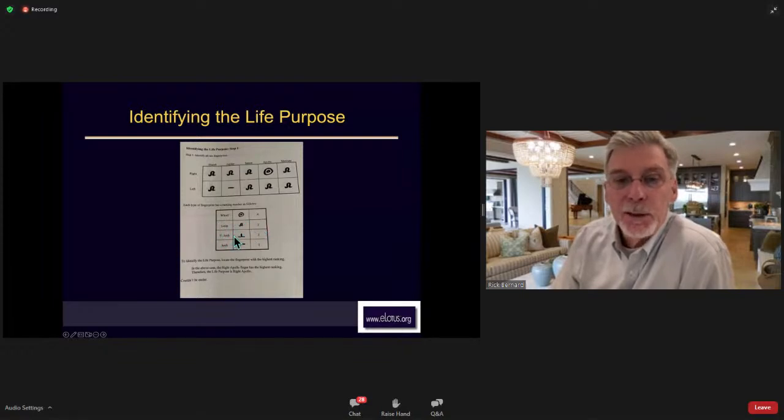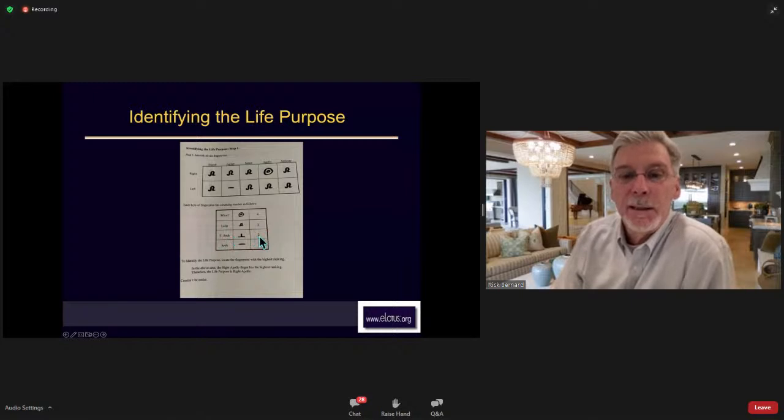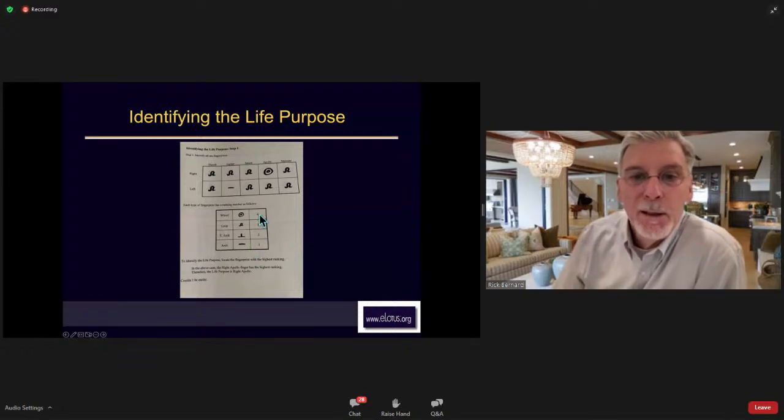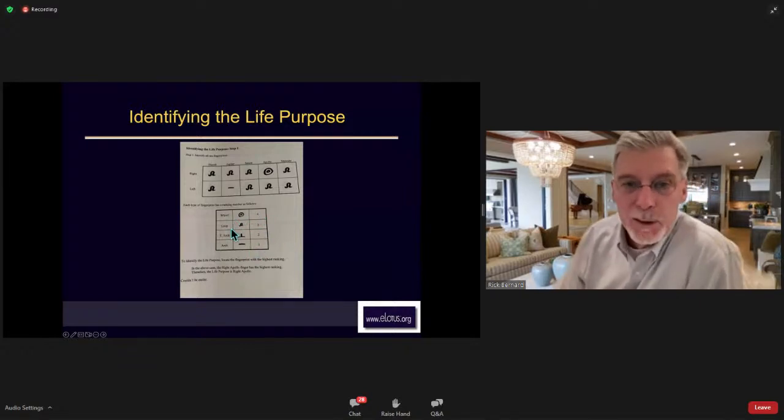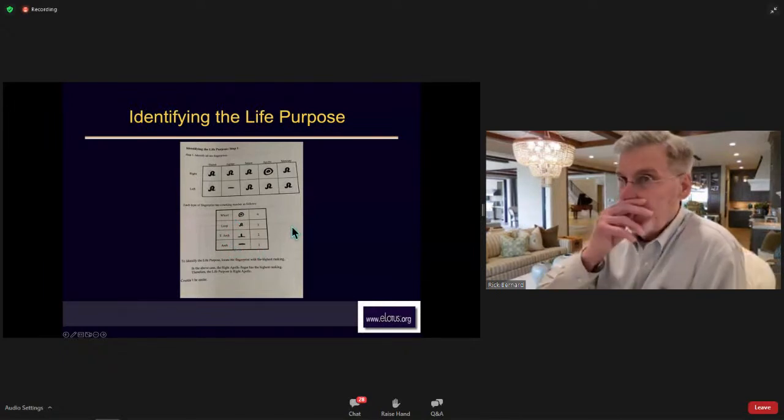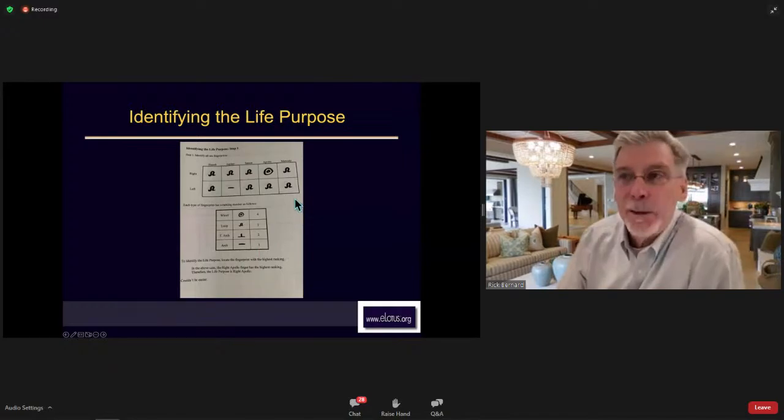The tented arch is next, a 2 ranking, and then the arch is just a 1 ranking. So it's 4, 3, 2, 1. Whorl's at the top, loop is next, tented arch is next, and arch is the least. Okay. So the way you find your life purpose is whichever fingerprint